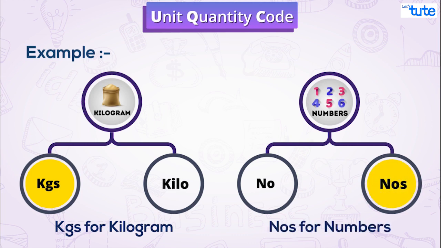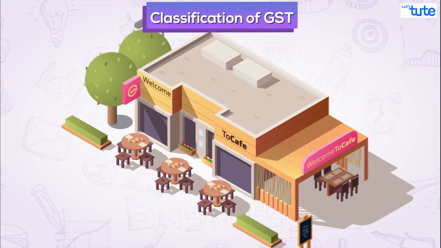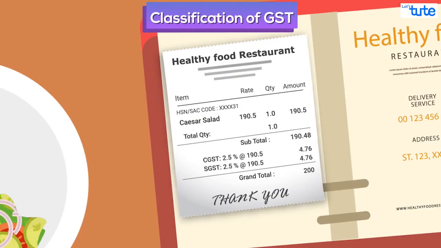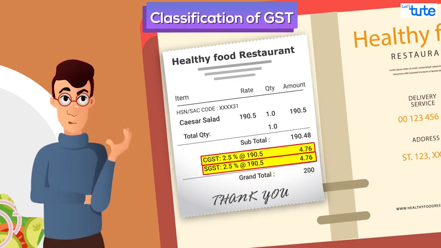So, after understanding these codes, moving ahead, have you ever seen that in your restaurant bill, after the subtotal, that is the amount you spent on your meal, they have charged tax but used the terms like CGST and SGST and then added them to get the net total that you are supposed to pay? You must be wondering, what's that now? CGST and SGST are nothing but the classification of GST, and now we will understand that in detail.